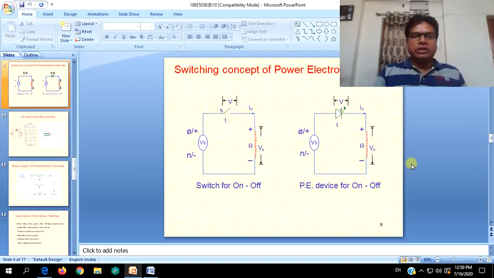That is, again, SPST like SPDT, single pole double throw, also can be used where two different circuits will be having different current flow. For that also you can be using. So all the SPST, SPDT, even DPST and DPDT switches can be realized by power electronic devices or power electronic switches, now called as AC or DC switches,